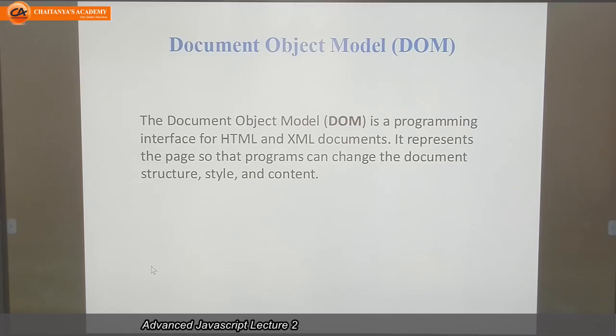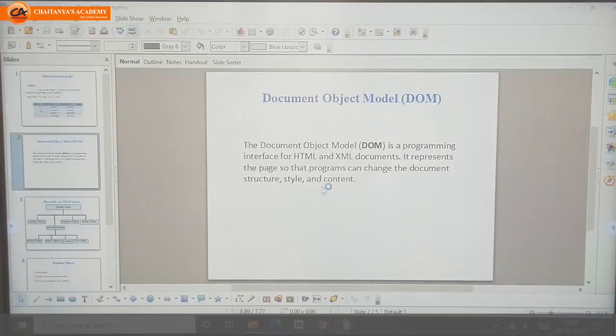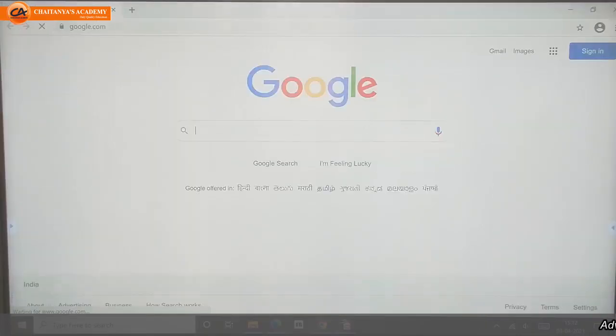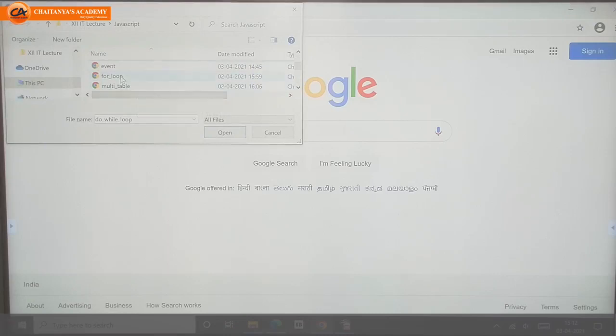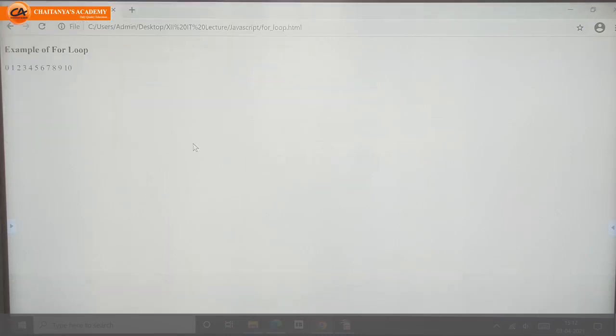For example, let us see here. If I want to execute an HTML program, I need to open a browser. This is my web browser, Chrome. I will open one file here, any program, do while, multiplication table or for loop. See here, I select the program.